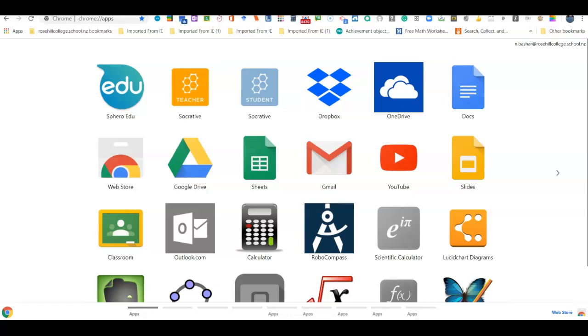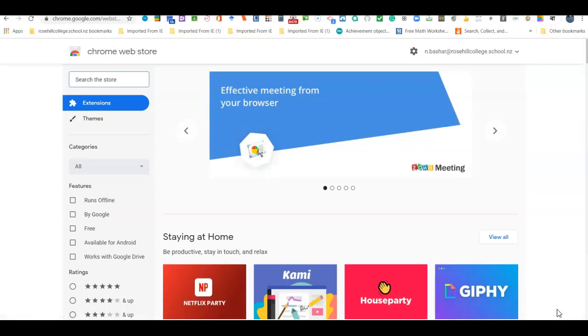So let's go through the installation process on Google Chrome. Once installed, it will stay there unless you uninstall it via Google Chrome settings. It's called Meet Attendance, and there are two ways you can install it. Either you can start from, see that web store? By now everyone is familiar with the web store. So in that web store, if you type in